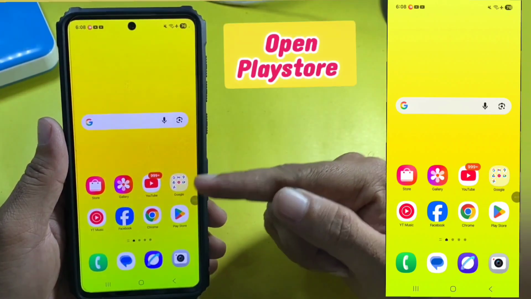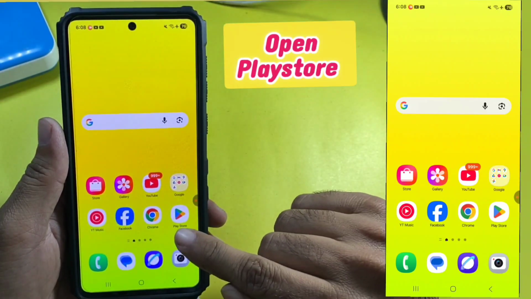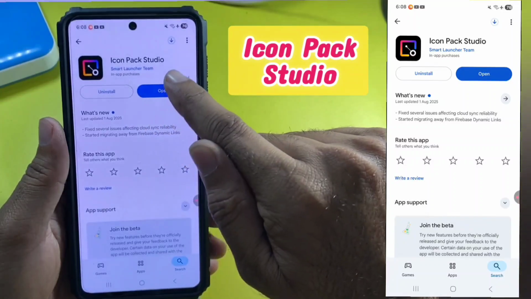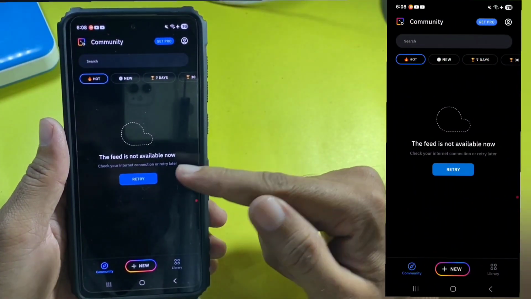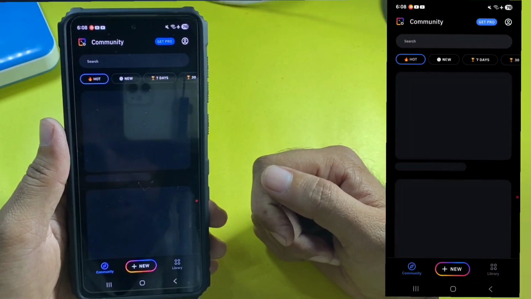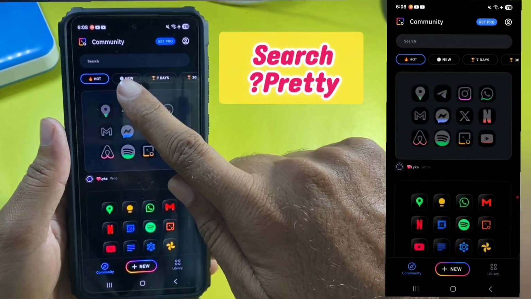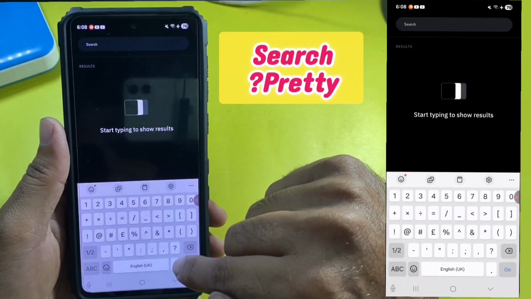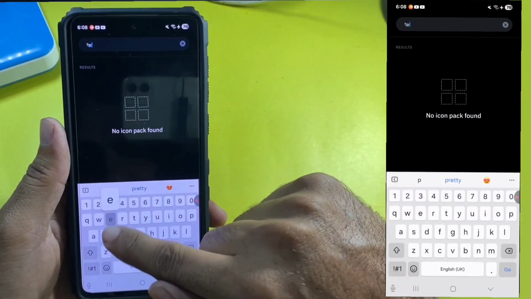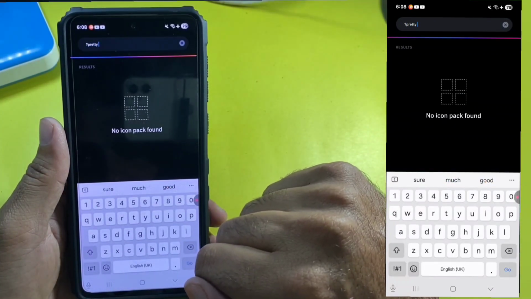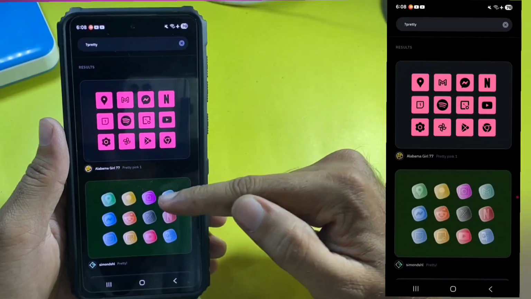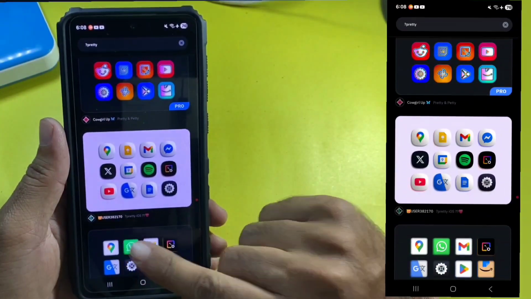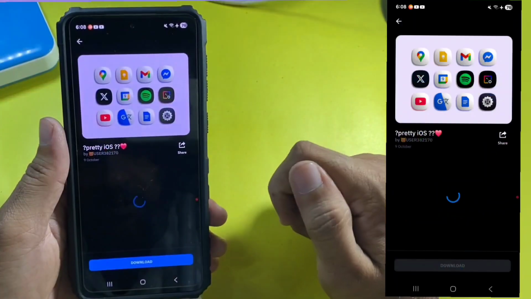So let's start. First of all, we need to open Play Store, then install Icon Pack Studio, install and open it. Then search here, search pretty icon. Here you can see pretty icon. Select,